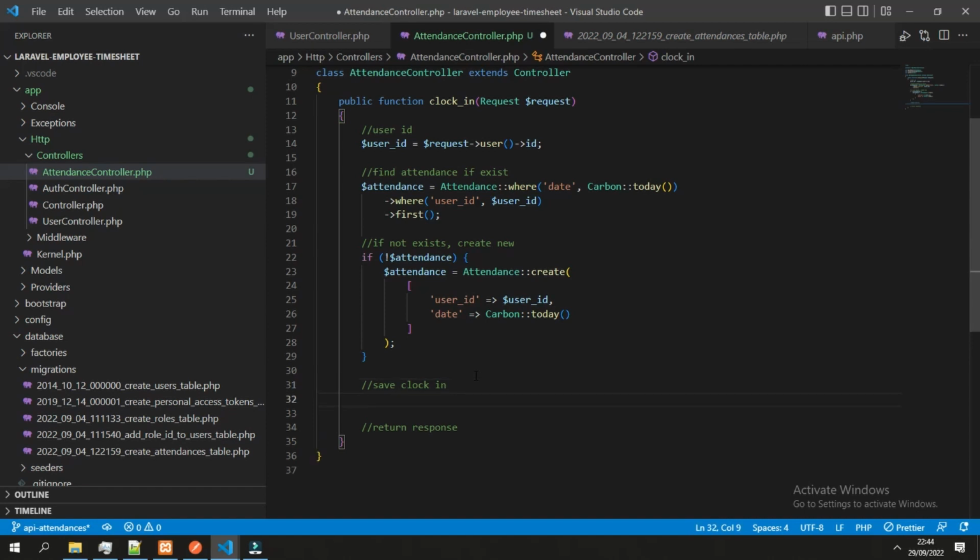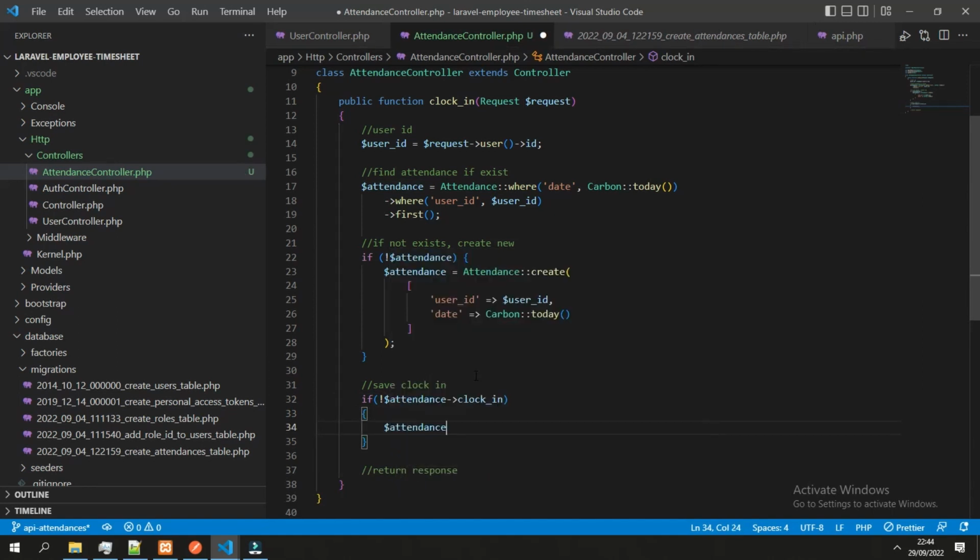Then we check again if the attendance is already have clock in data. If not, then we will add the clock in data in the attendance object.